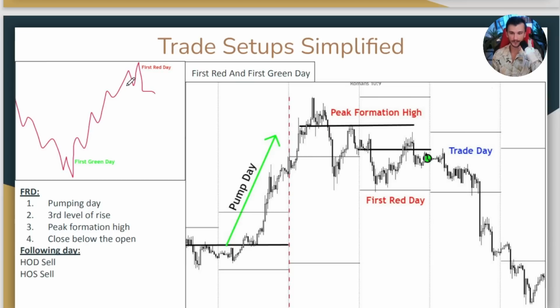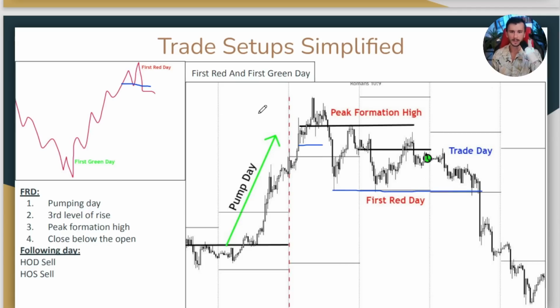And I've got some nice little simple drawings over here reminding you about the market maker cycles, or the market maker templates. Peak formation low, that nice higher high. That's going to be your first green day in most cases, or in a lot of cases. And then 2 to 3 levels of rise and a peak formation high. Level 3 means really absolutely nothing unless you get that nice clean peak formation high, and preferably a lower low on the inside. So if we have a lower low on the inside, or a lower low in general, after that peak formation high has been made,